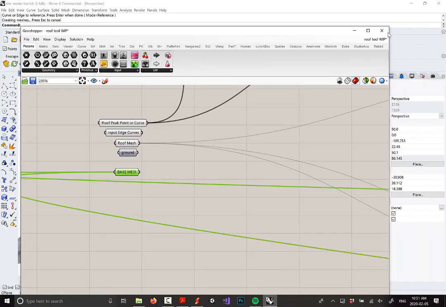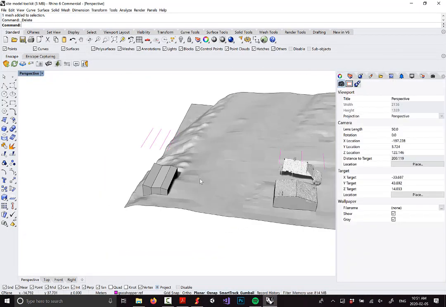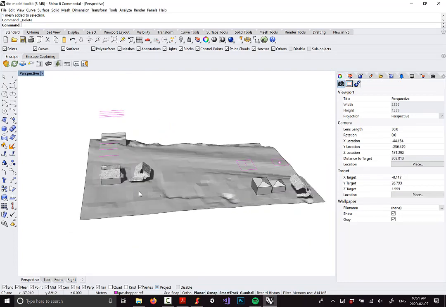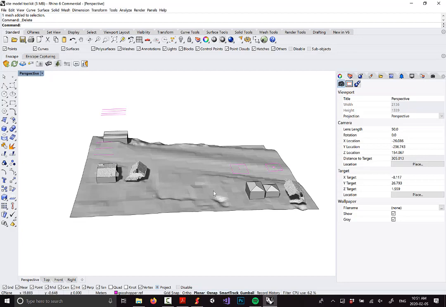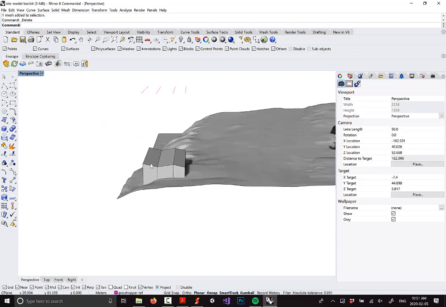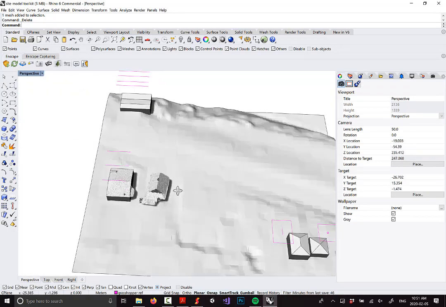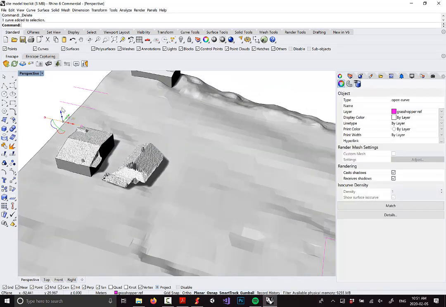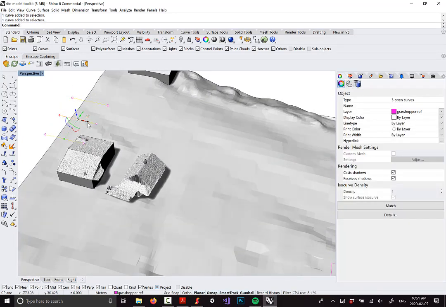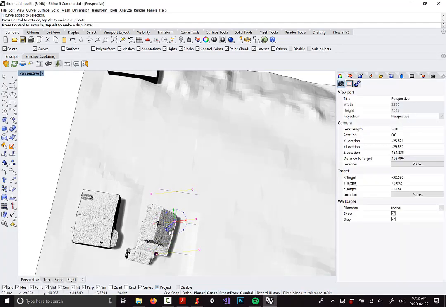So that's the idea behind this, because again, as I showed in the video and some of you have seen, for your actual site model, you'll probably have like 5 to 10 times as many buildings as we have here. And you'd be surprised at how modeling these buildings can get very repetitive. The other thing worth noting is that for this tool we've made, you can also rotate the curves. So for example, this house is slightly off angle. Feel free to rotate those edge curves and you'll